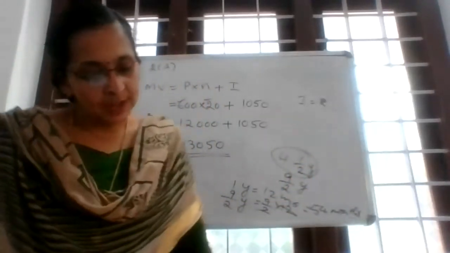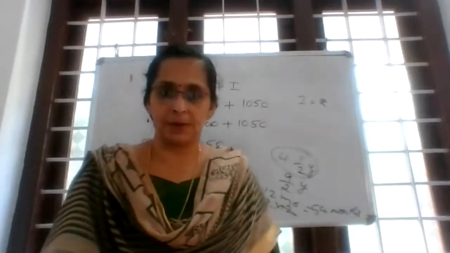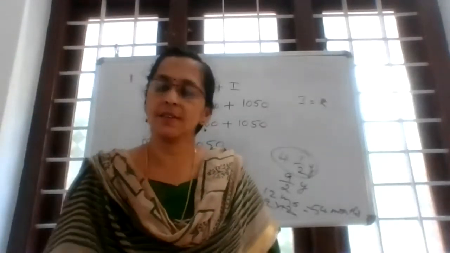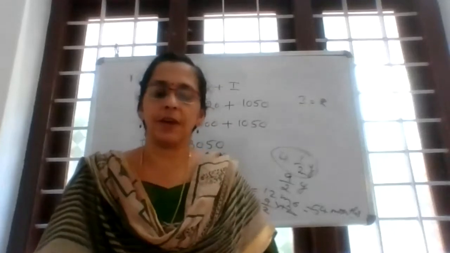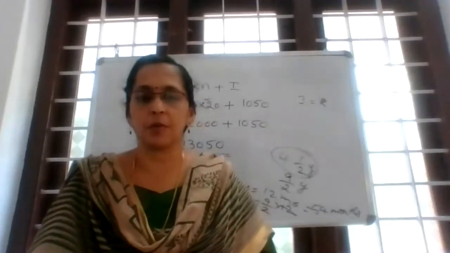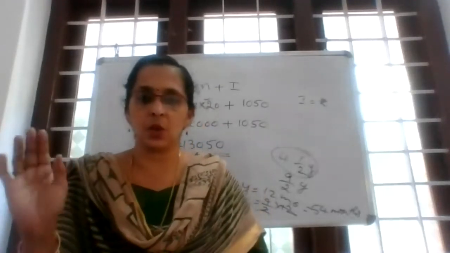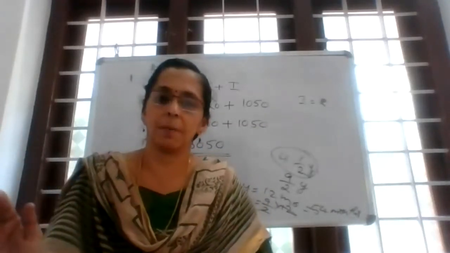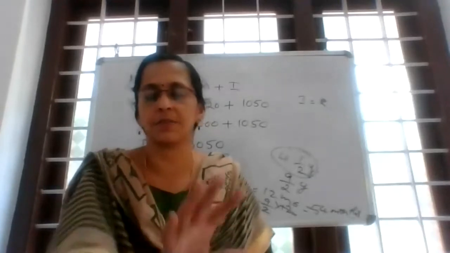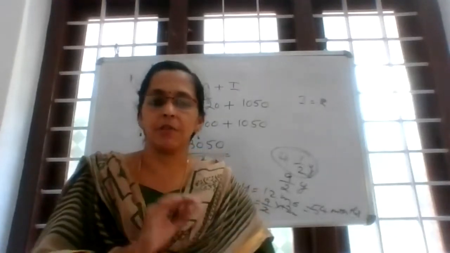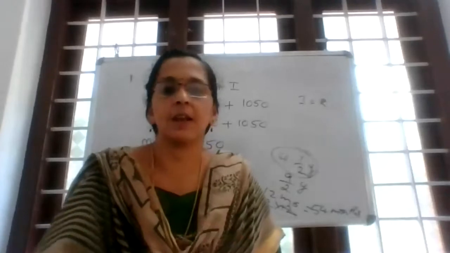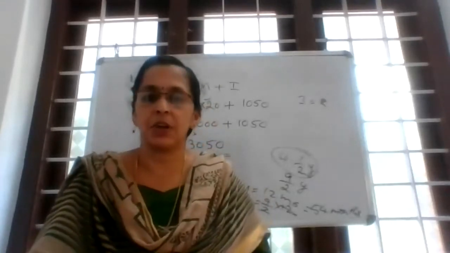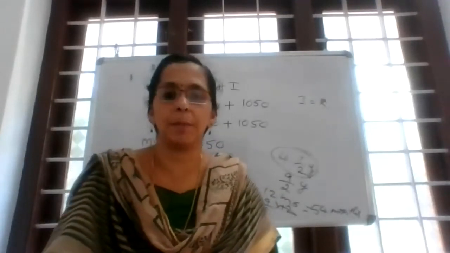Okay. So next is R is equal to 12%. First we want to find out I. I is equal to the formula P into N into N plus 1 divided by 2 into 12 into R by 100. All the things are there. We can substitute that and we will get the value of I. After finding I, directly we can write maturity value is equal to P into N plus I.